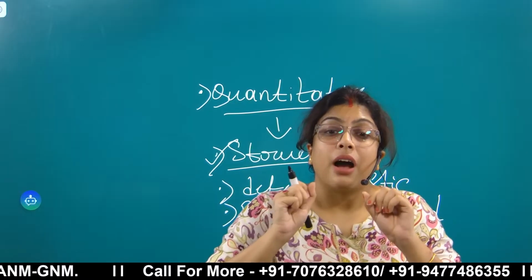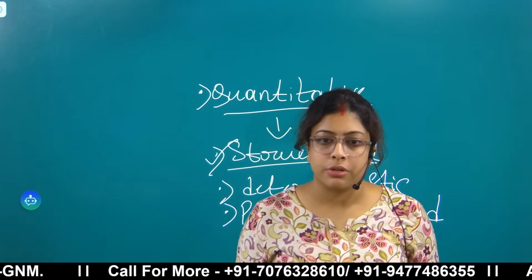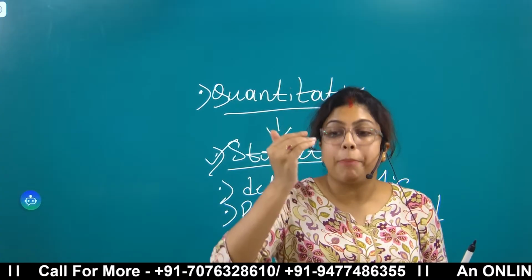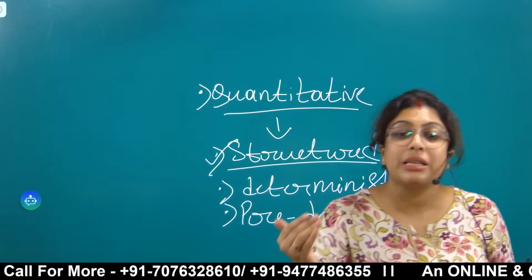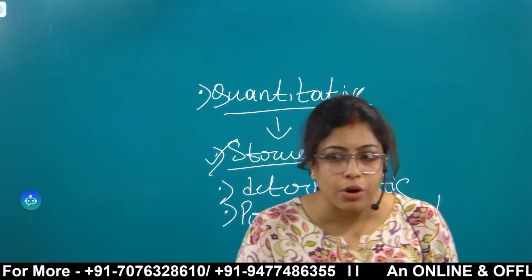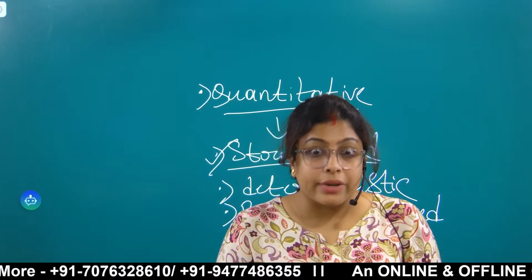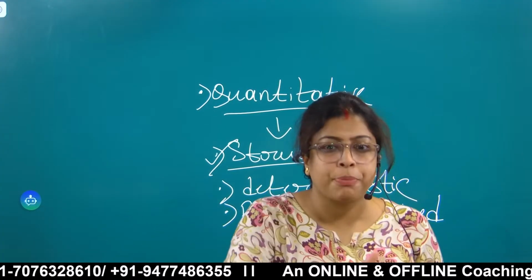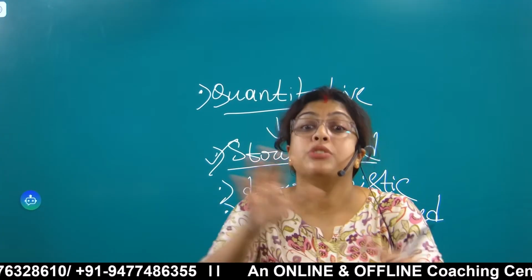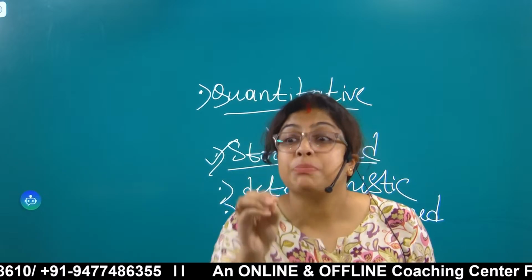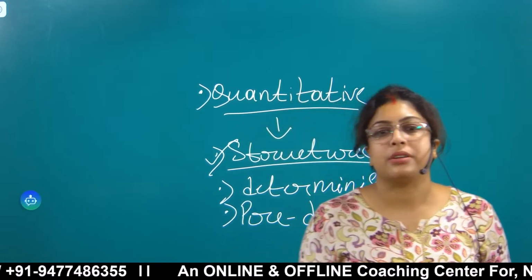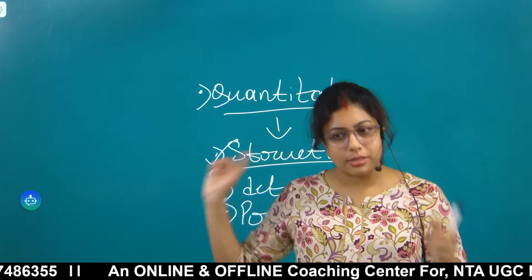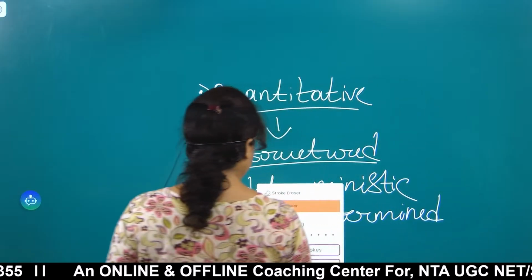And it arrives at a general solution. You are not being specific about whether it is prevalent in a particular person's life and how it is impacting that particular person or not. That is not important to you, right? Rather, you are generalizing for the society, whether it is prevalent or not. You are not being specific, isn't it? So this type of research is called quantitative research.